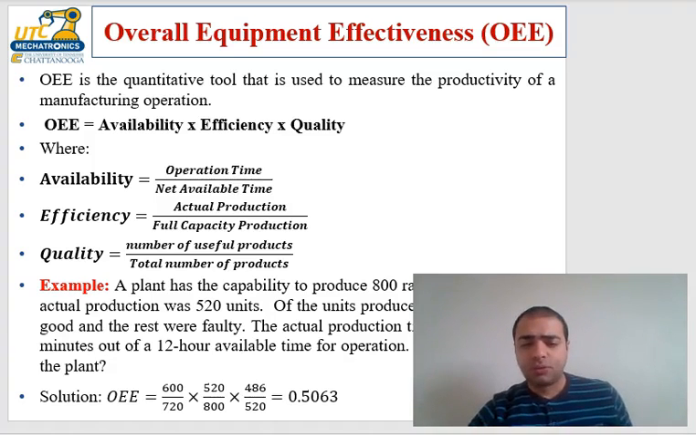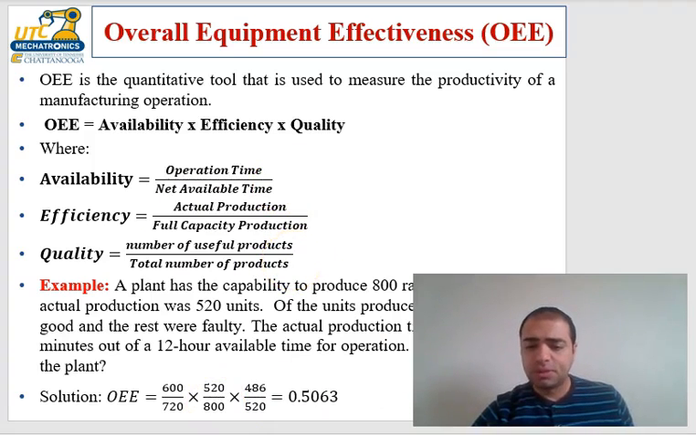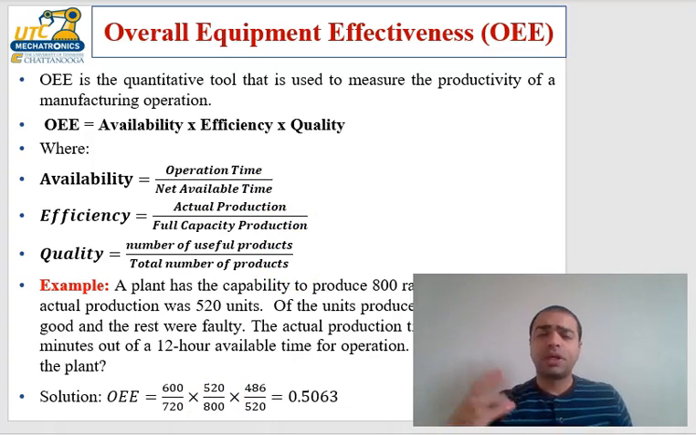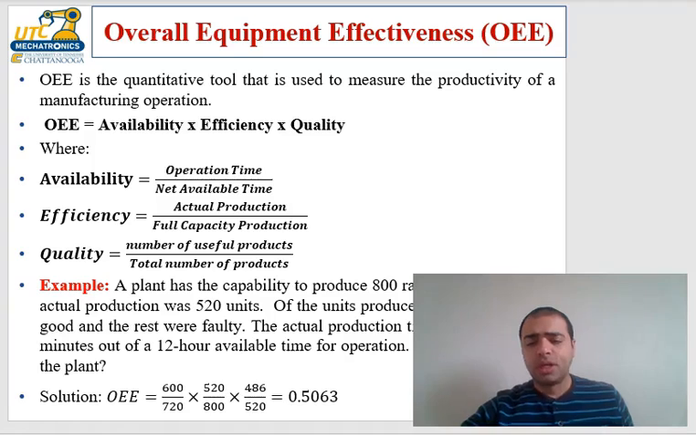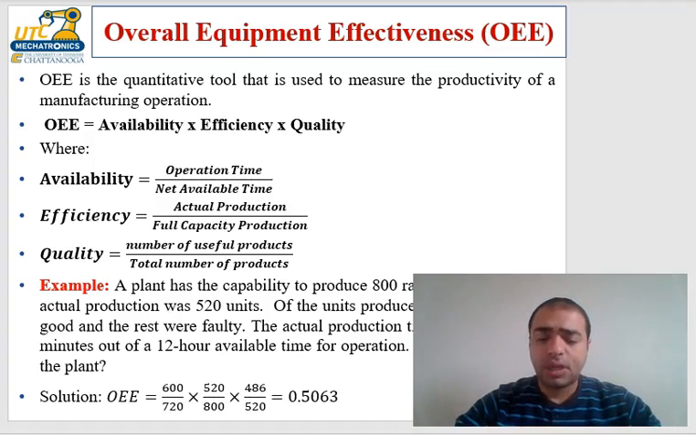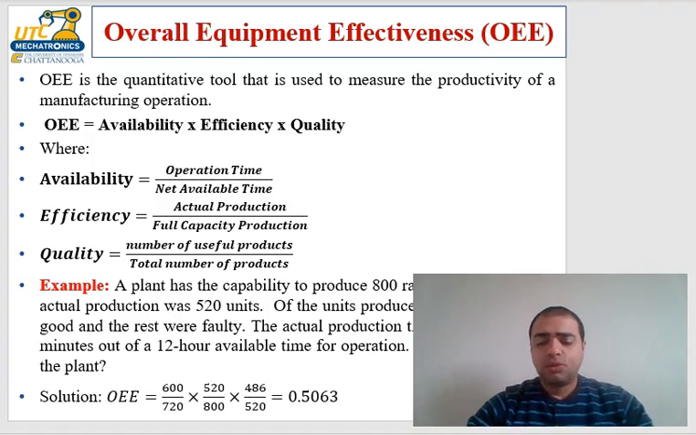As you see here, first we have to find the availability. We have 600 minutes, that means 10 hours, out of 12-hour work per day. So in other words, we have 600 divided by 720. Then the efficiency was 520 over 800, 520 parts produced, but its full capacity was 800. Then we have the quality, 486 over 520. When you multiply these three, you get